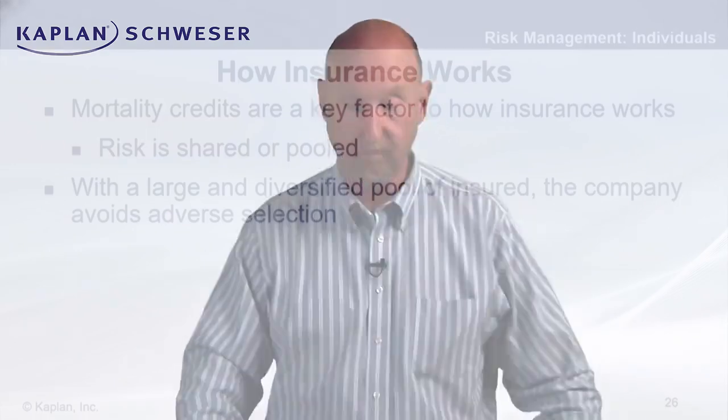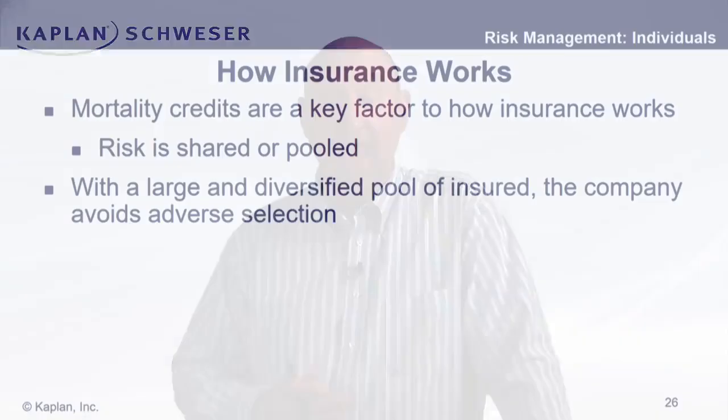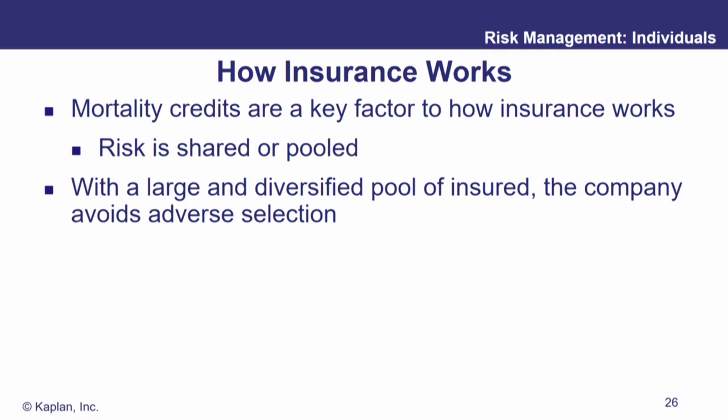It's inherent in the way insurance companies price their product. And it's a key factor. And it's also getting at how you're sharing risk. Some people live a short time, some people live a longer time, even though they started out statistically identical. And by insuring a large number of individuals, the company can be pretty sure what's going to happen. They're avoiding adverse selection. They're diversifying date of death risk is what's really happening.